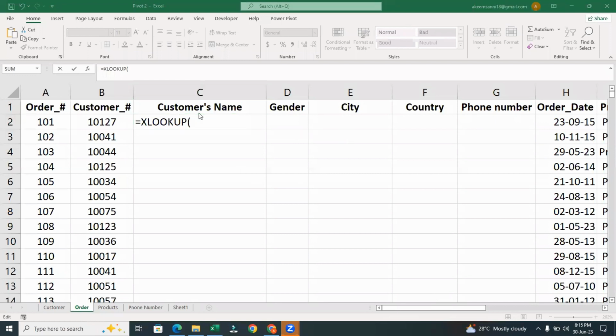So now let's continue. Now, right here with XLOOKUP, you just select your lookup value, which is this. I just choose my lookup value, comma, and